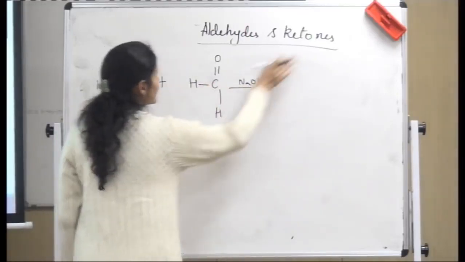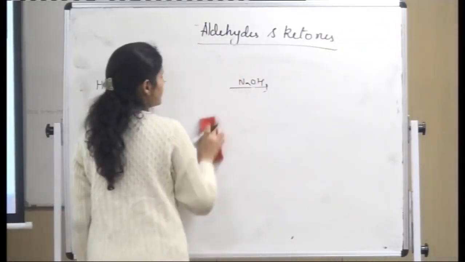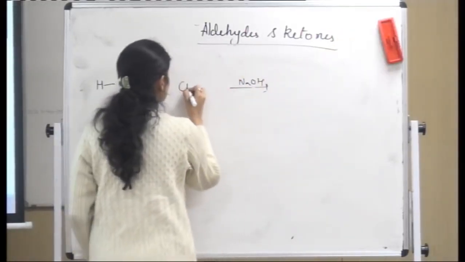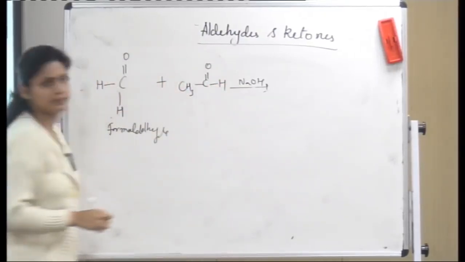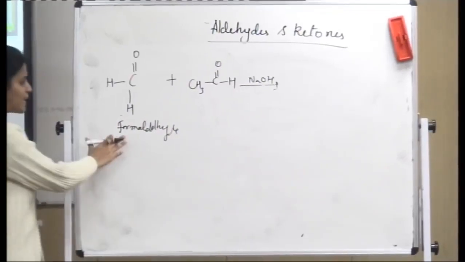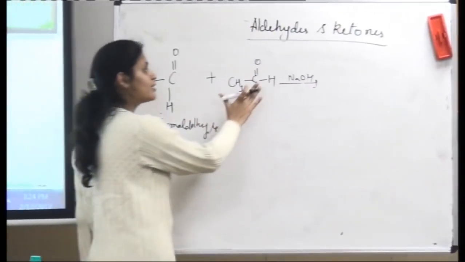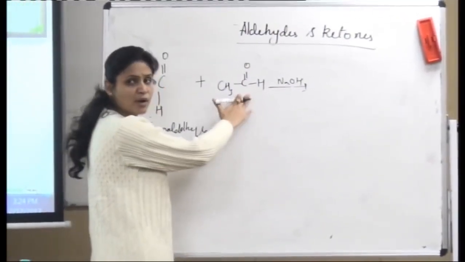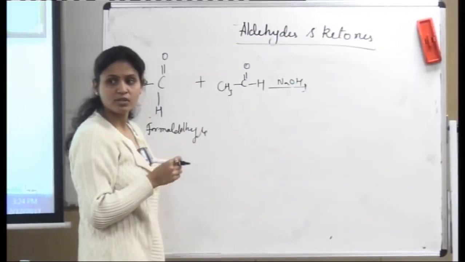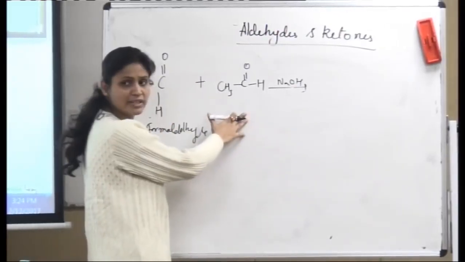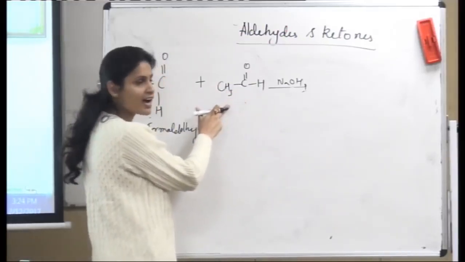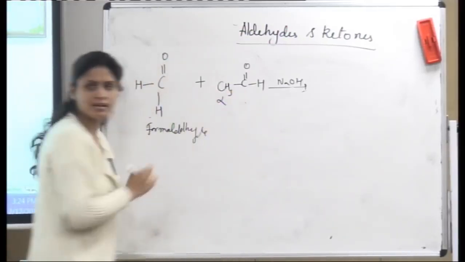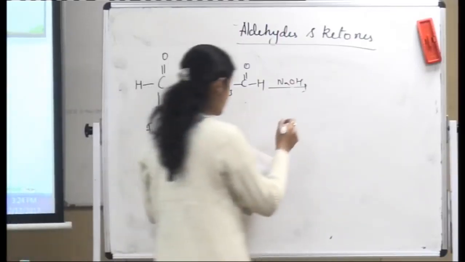And what if I consider this reaction with CH3CHO? If I replace one of the reactants by a carbonyl compound having alpha hydrogen, in that case should it undergo the aldol condensation? Because in this case this reactant has alpha hydrogen. This is known as the alpha hydrogen, right? So what should be the product?